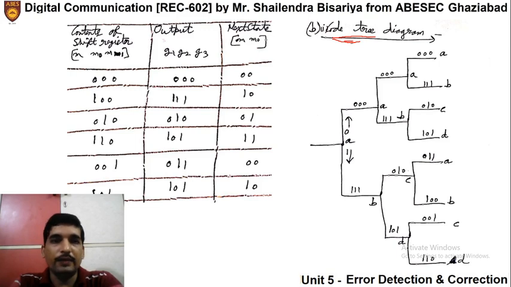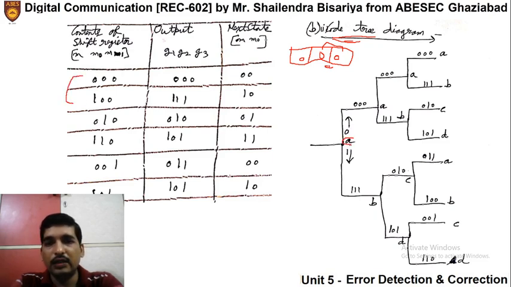So for code tree, as we have discussed in past, that we will start with the bit position, and here we have three positions, and we say that we will check the present memory location, and initially we say that all the contents are 0. So the memory contents are 0 0, so we say that initially it is in state A, right? So initial condition is this one. We start from here, that we say that initially it is in state A and the input may be 0 or the input may be 1.